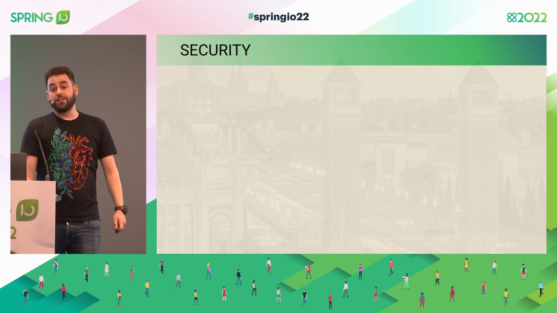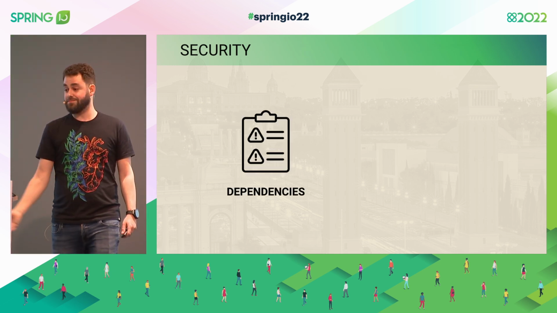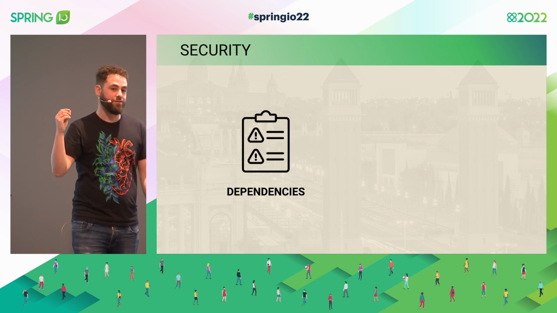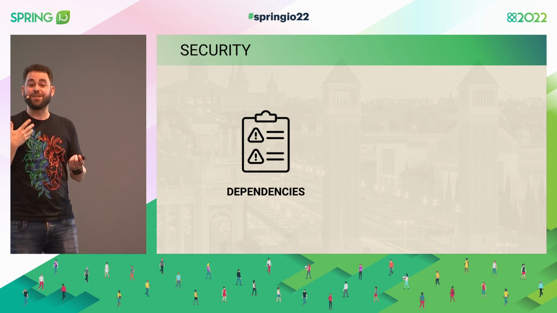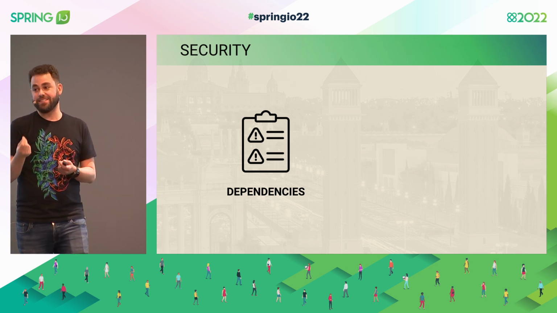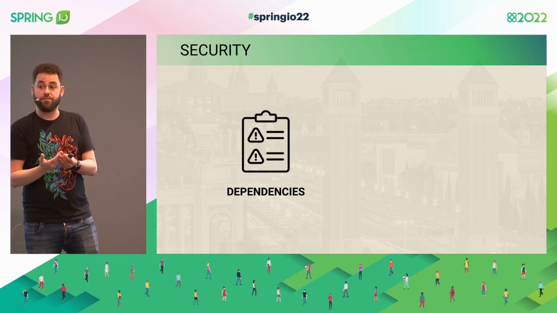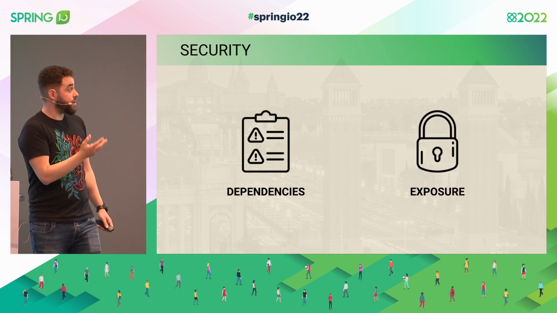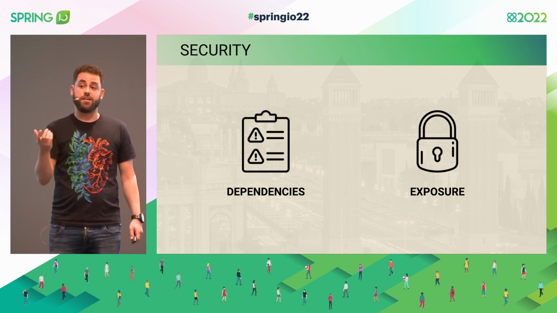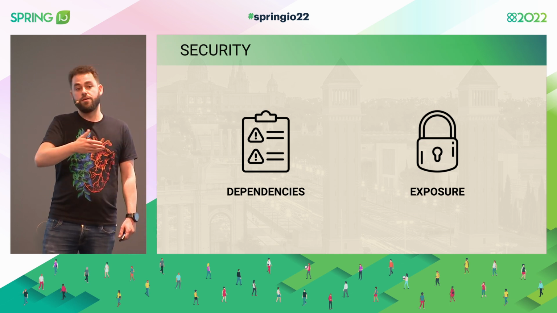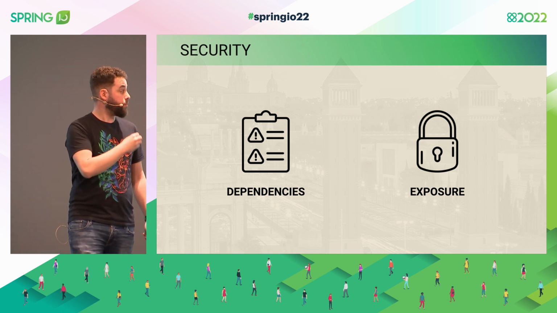We also have to care about security. This is a very hot topic at the moment. So, dependencies in general. Who here heard about Log4Shell, for example? Yeah, nice. So we need to make sure that we are not shipping applications to production with vulnerable dependencies. When a CVE is detected and then fixed, we need to make sure that our applications are applying that fix. And also, we have to be very careful with what we expose. Something as simple as, if we are using Actuator for metrics and other stuff, we have to make sure that we are not exposing things like env. We might have some API keys there that we should not be exposing. We can have the shutdown endpoint, etc.